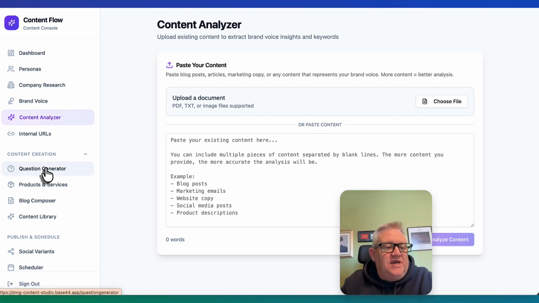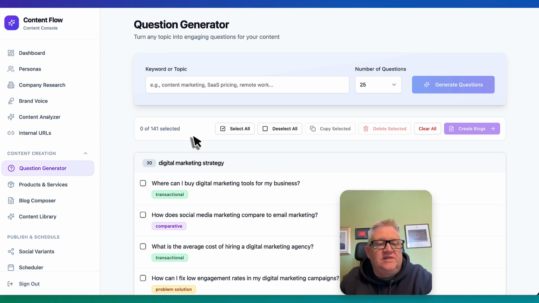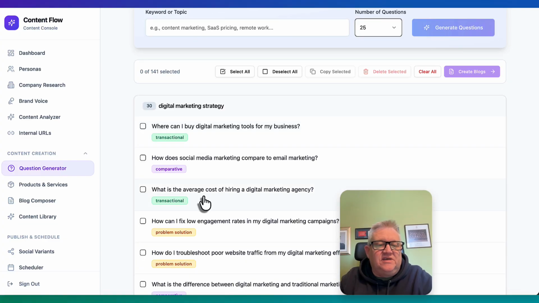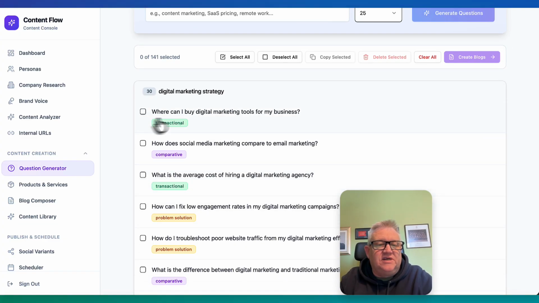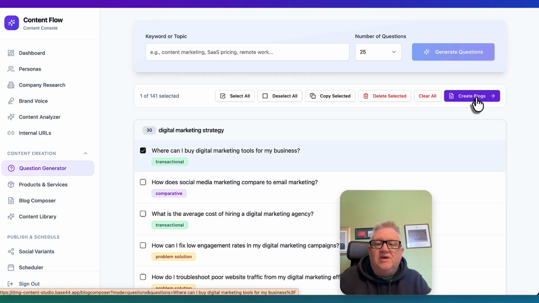Next one is the question generator. Here's an example: I put in digital marketing strategy, and you choose how many questions you want. You can generate the questions, and you can see 30 questions are generated, and it's showing you the intent of the customer as well. So we're going to select one of them, but we could select them all if we wanted a blog for each as an example. We would click on create blog,